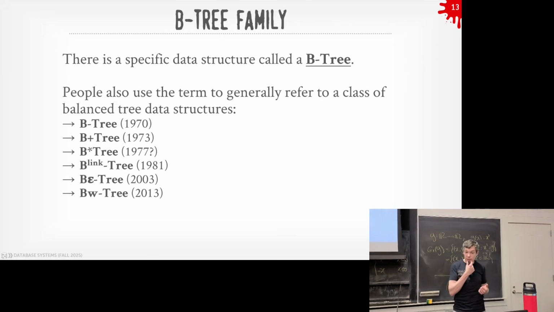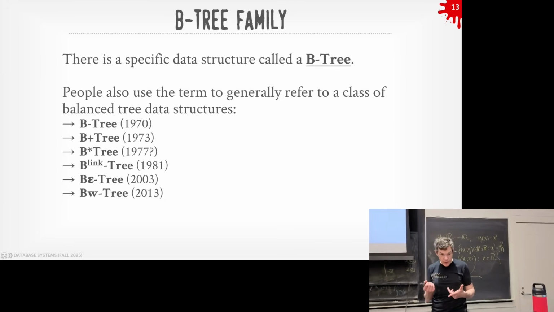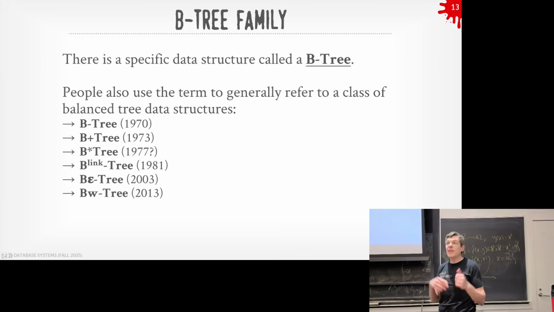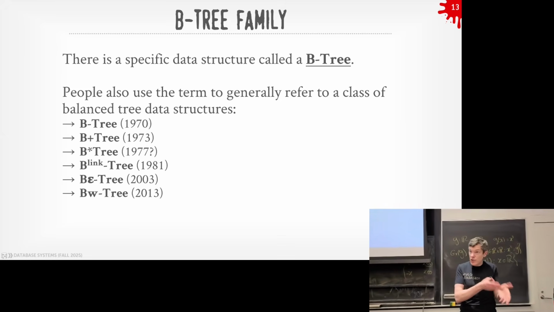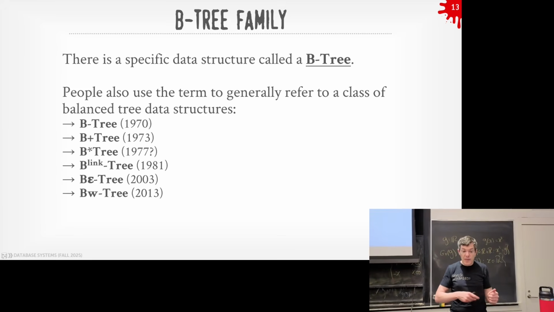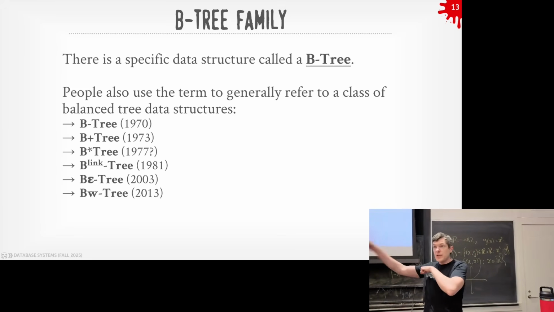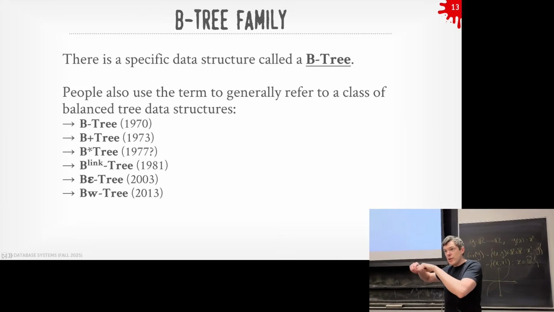So now the tricky thing is the name is going to be a bit confusing, right? There's going to be a class of data structures called B-trees, of which there's a specific data structure called a B+Tree, but then there's also another data structure called a B-tree, but the B+Tree and the B-tree are both B-tree data structures, but the B+Tree is not the same as the B-tree. I'll explain what I mean.